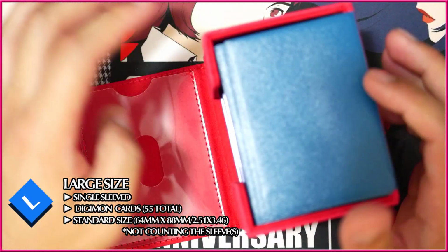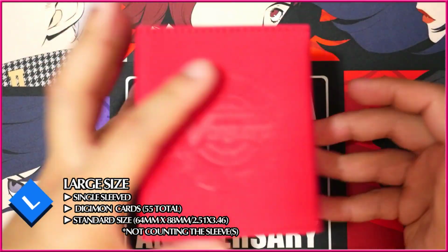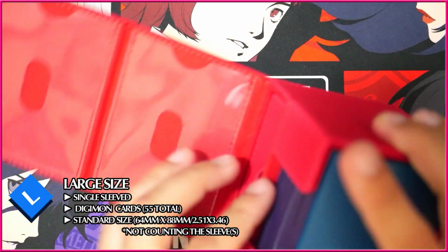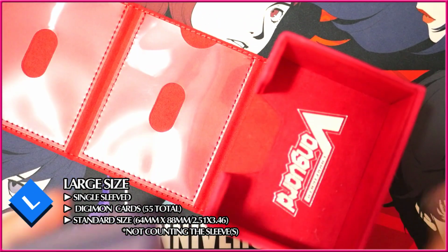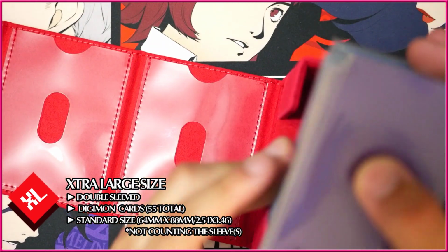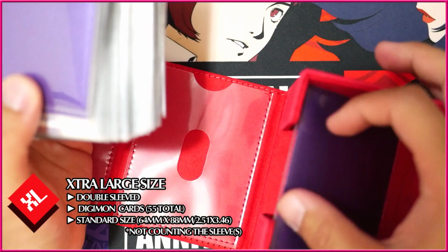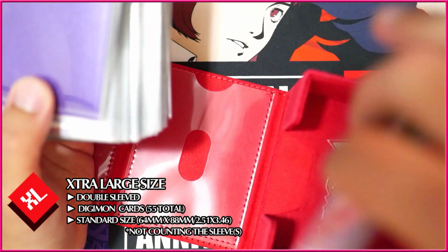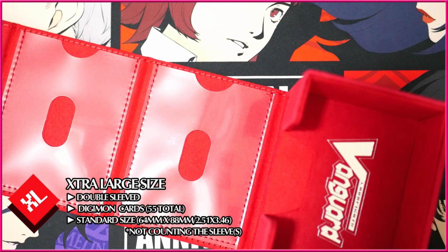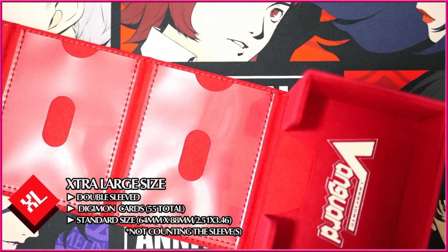Very nice. This is again 55 cards. Fits in pretty good. And it closes. And getting the cards doesn't seem too hard at all. So much easier than all the other stuff. Then for our extra large here, it will actually not fit at all. A single card barely fits here, so for the double sleeved extra large standard size, it will not fit, as